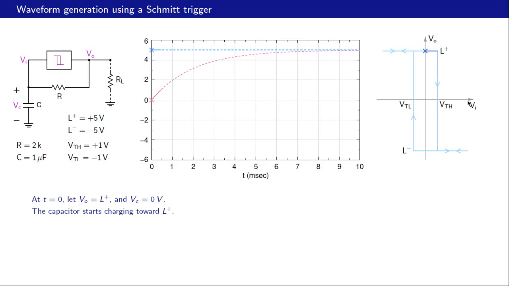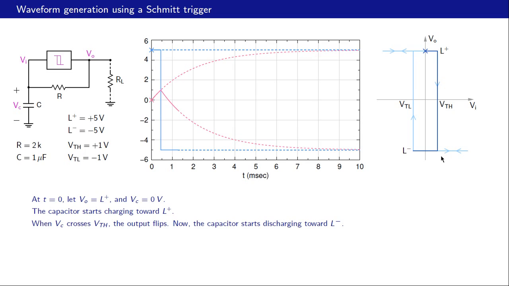VI and VC are the same. So therefore, we are moving like that. And what happens when VI crosses VTH, the output flips like that. And now what happens is this VO has become minus 5 volts